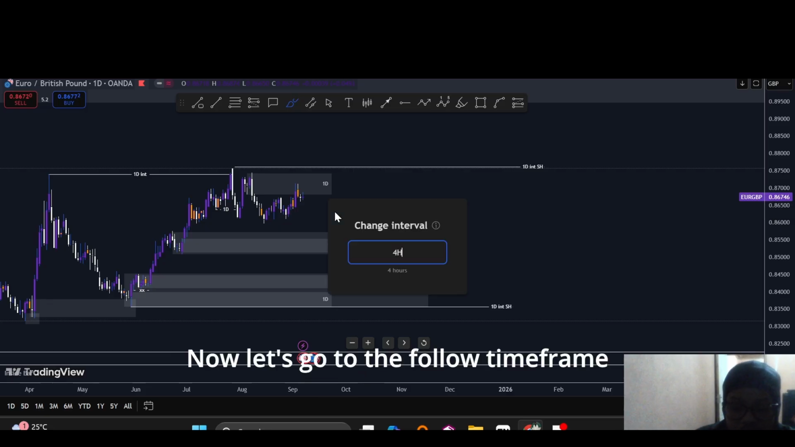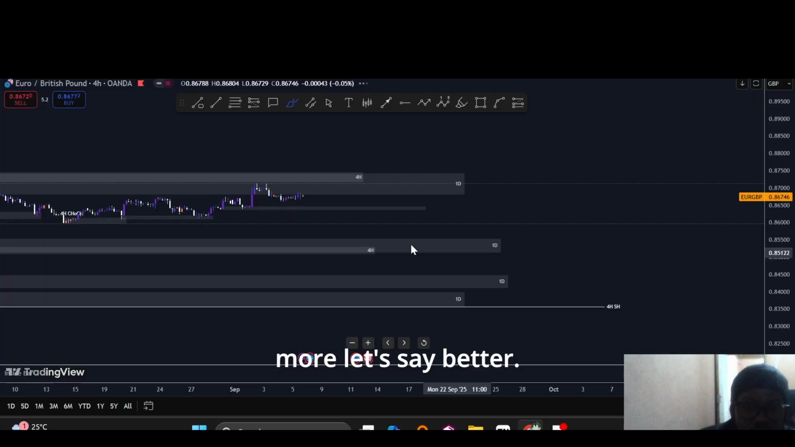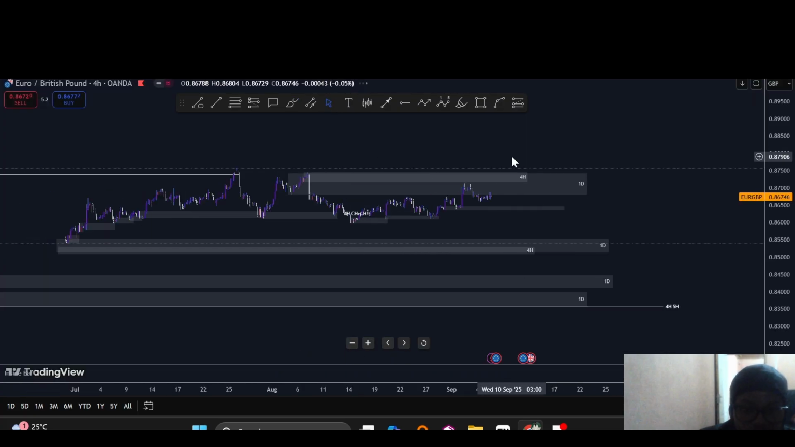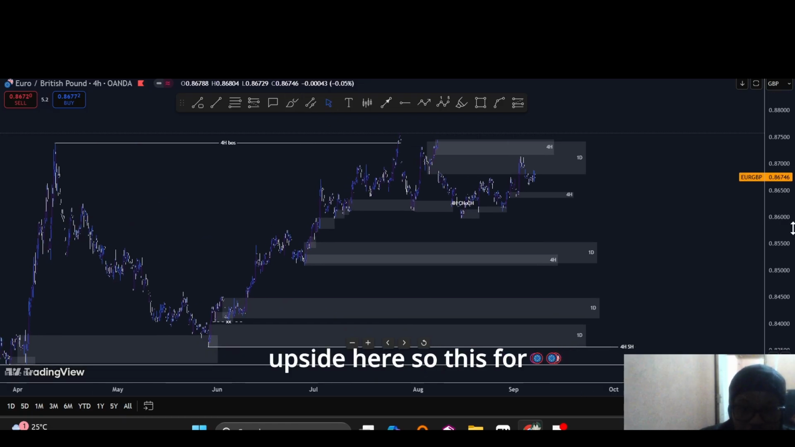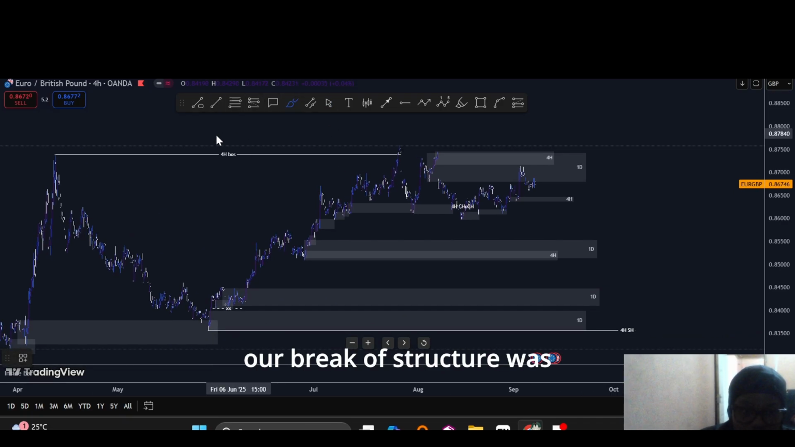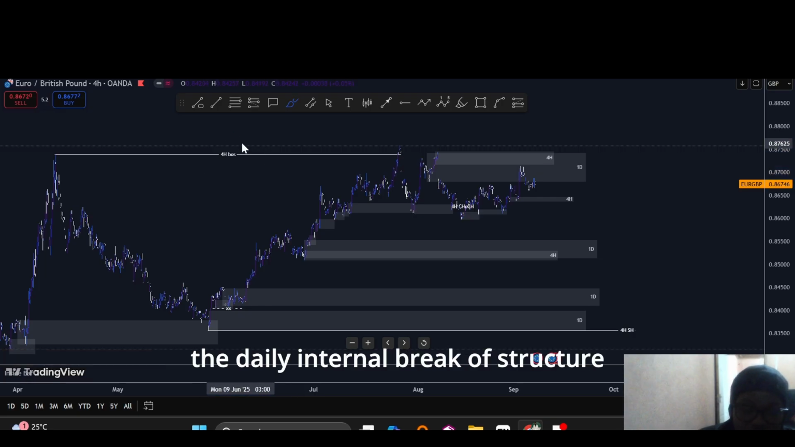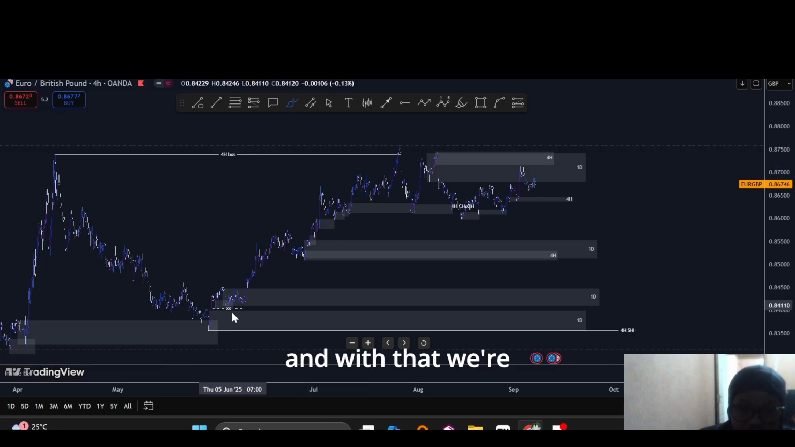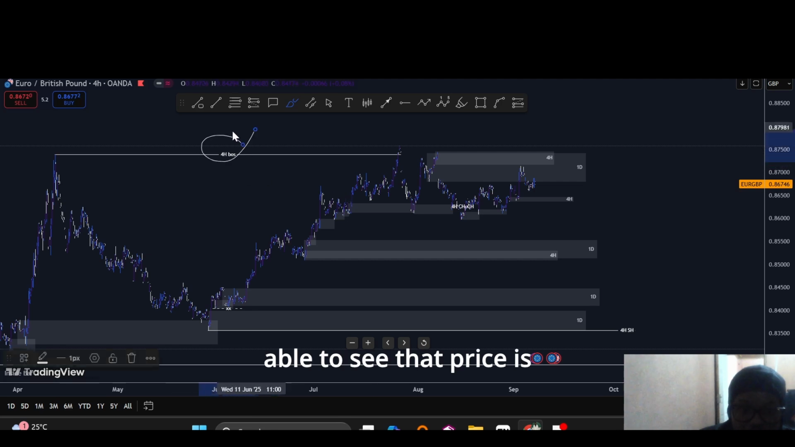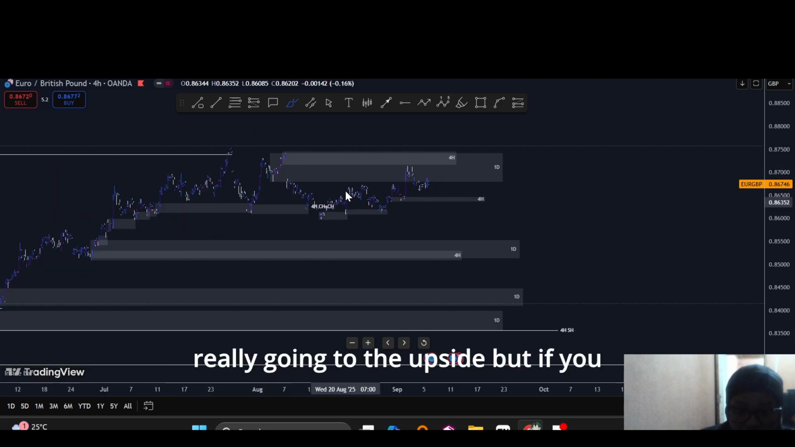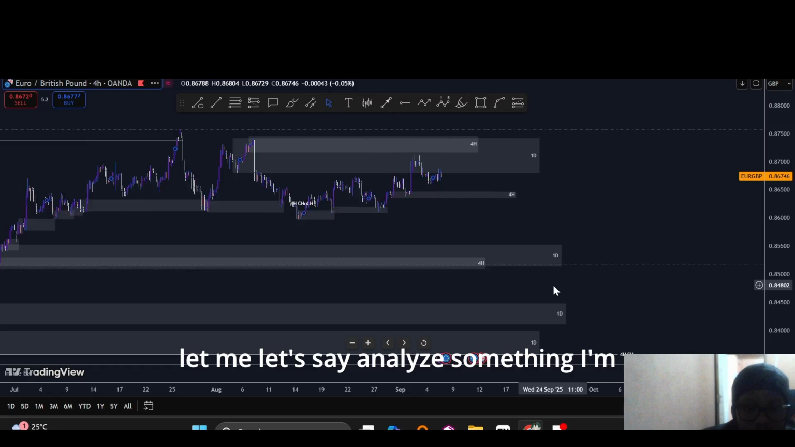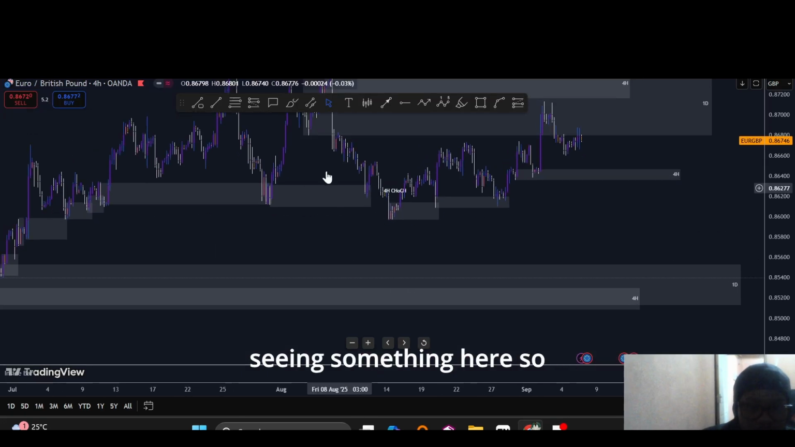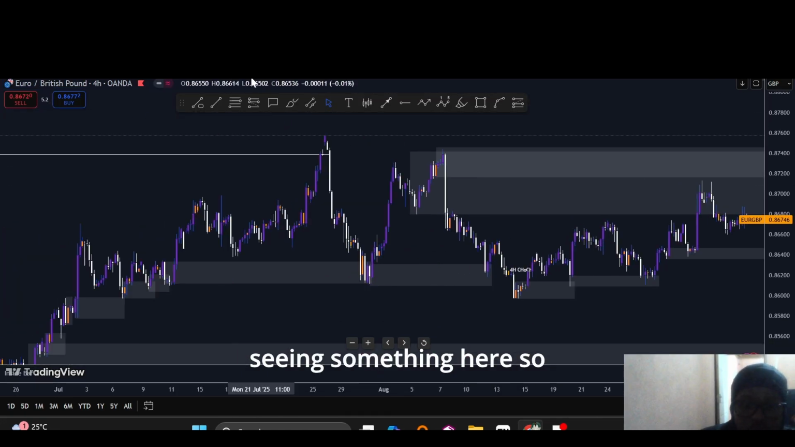Now let's go to the 4-hour time frame, because things are better there. So we see that price is going to the upside here. This 4-hour break of structure was the daily internal break of structure, and with that we're able to see that price is really going to the upside. But if you look at what's going on here, still a lot. Okay, let's analyze something. I'm seeing something here. So price changed character here,